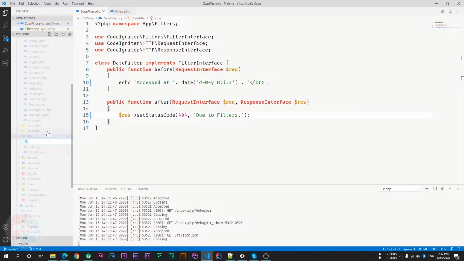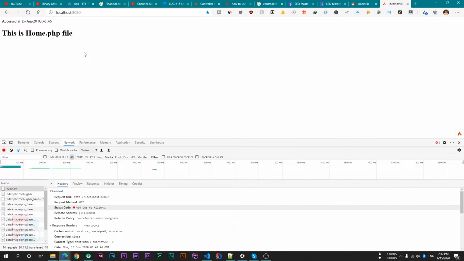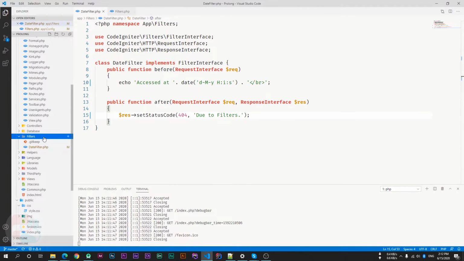So now let's try to achieve some advanced things in the CodeIgniter filter for security purposes. I'll now create a filter for authentication to check if the user is authenticated or not. If the user is authenticated, then I'll show the home page. Otherwise, I'll redirect that user to the login page. So now I'll create a new file